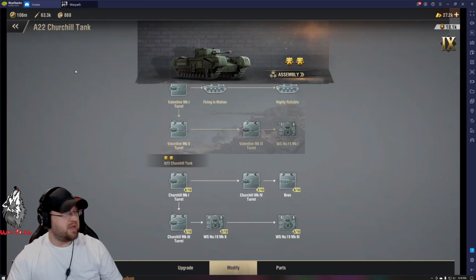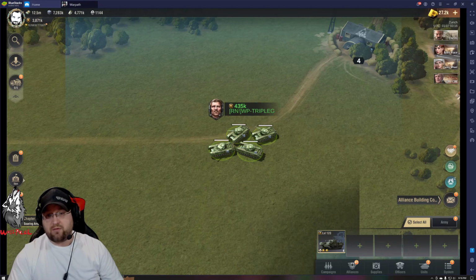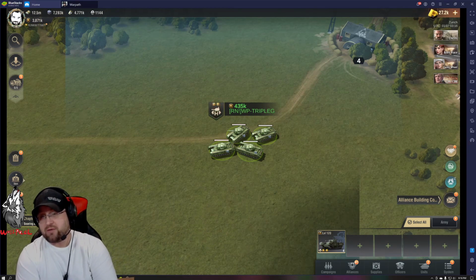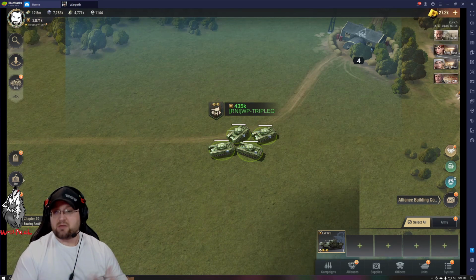Okay, so 272 was my base power, and now we're at 435. So that tier did quite a bit more. That's 163k power just in the modifications. So you guys can see that the modifications, once you get to that last tier, really start boosting up